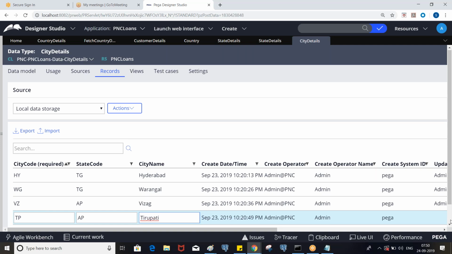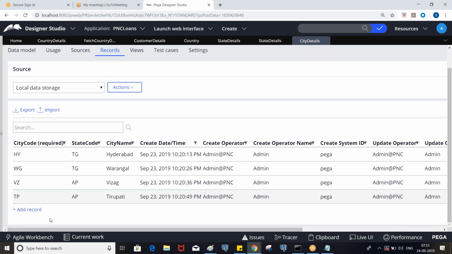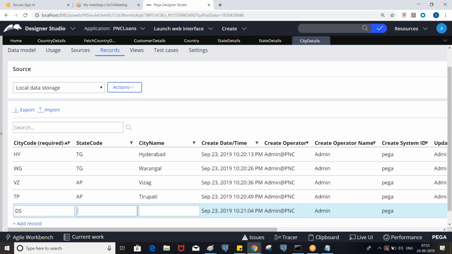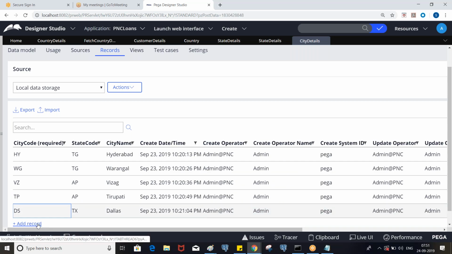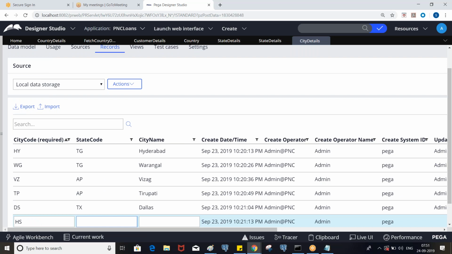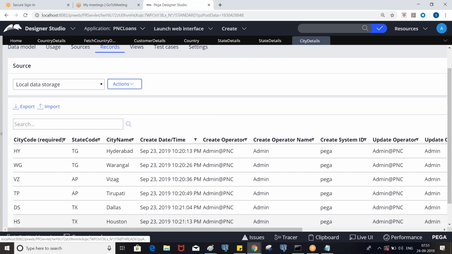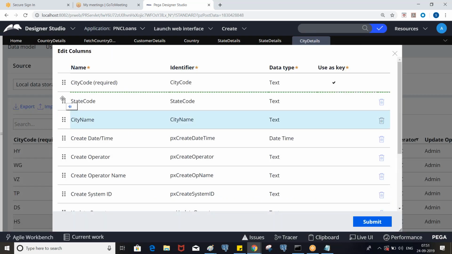Clear? So now let's enter the cities for US states. DS belongs to Texas, Dallas. Next Houston belongs to Texas, same state, right? Yeah. So you can alter the property so that it will be easy to enter the data. Now I want city code first, then city name.